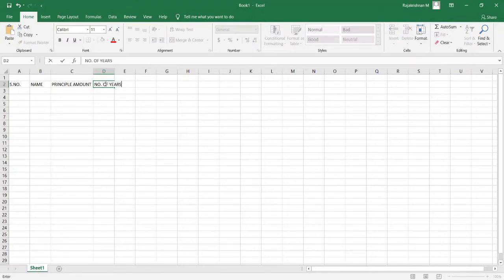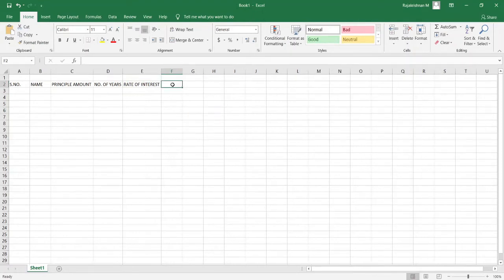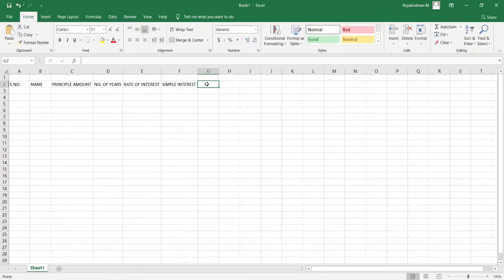Number of years, again we can readjust the width of the cell by double clicking on it. Rate of interest, simple interest and compound interest.